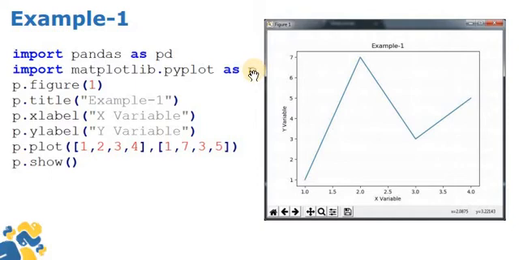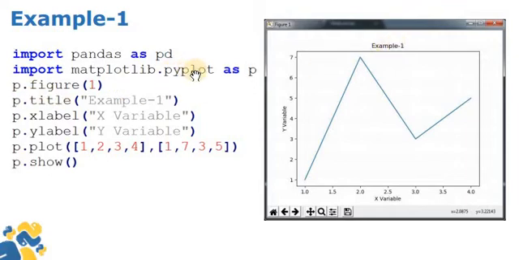Now in this window, if I want to put more than 2 figures, then we can do it. So here I am giving p.figure, and in the brackets we pass the argument 1. That means that is the first figure. Here p is the alias for matplotlib.pyplot. Now these are the 4 things that we have to give for the line graph to appear in the output. If we want to give the title of our graph, how can we give it?